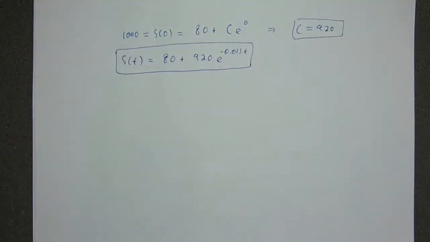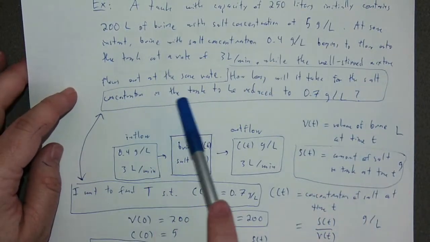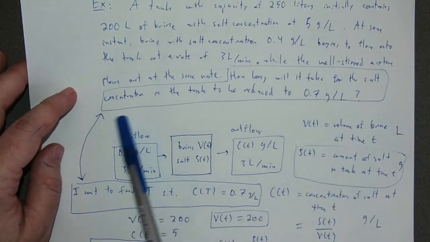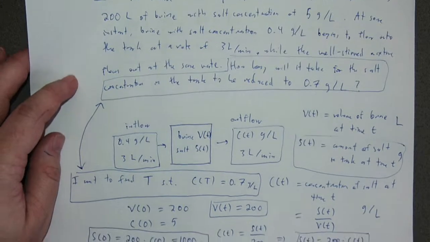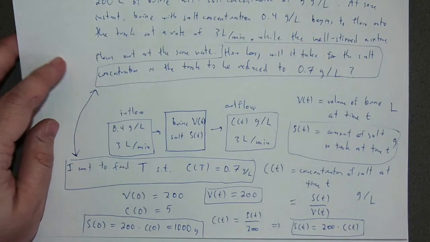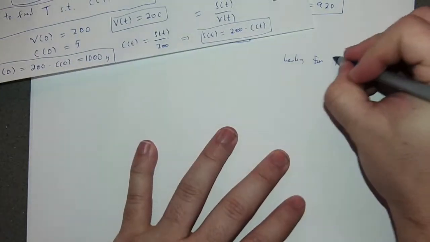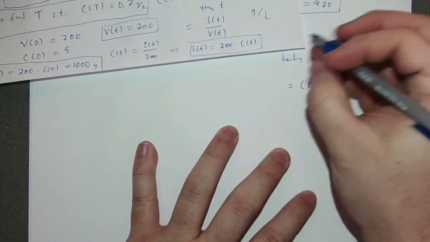Now, this gives me the solution to that differential equation, but let's go all the way back to the beginning. What was I actually asked? How long will it take for the salt concentration in the tank to be reduced to 0.7 grams per liter? Well, that we saw was the same as asking for T such that the concentration was 0.7 grams per liter. But the concentration is S over 200. So I'm looking for big T such that the concentration of big T is equal to 0.7,